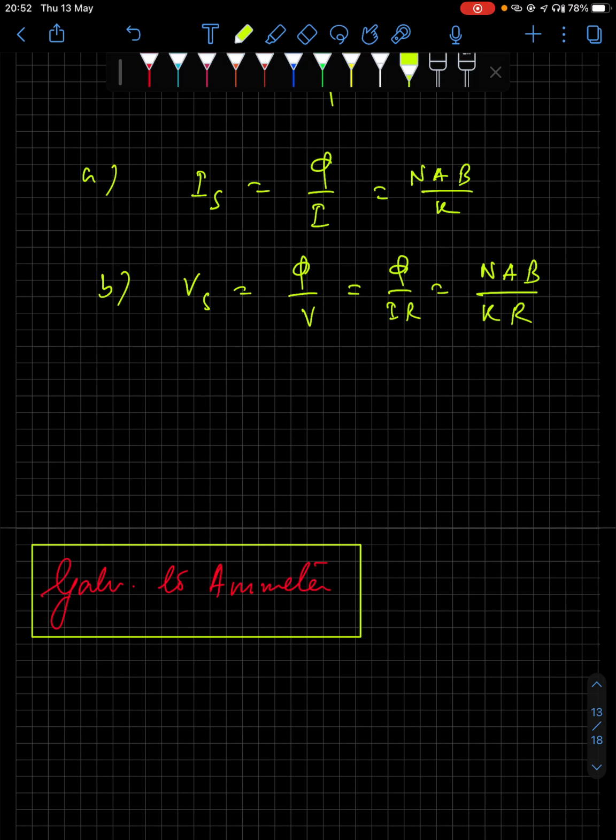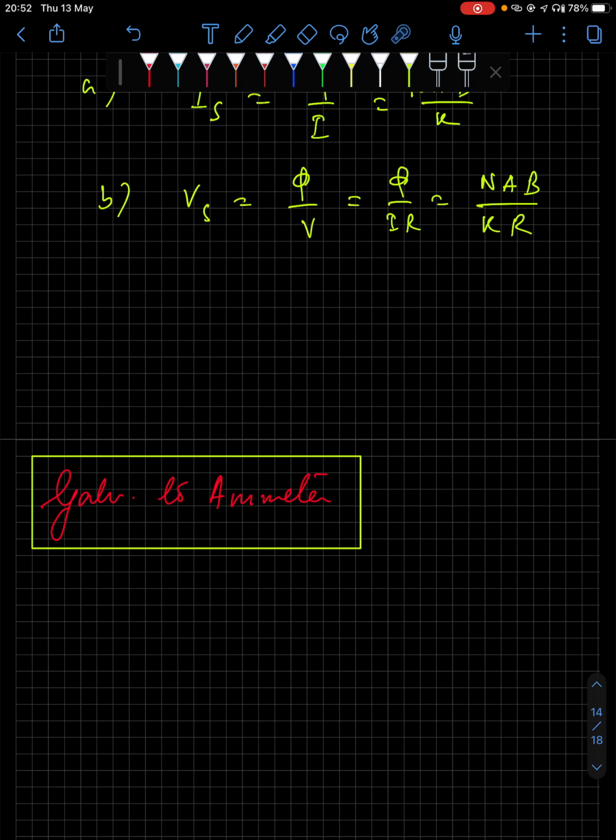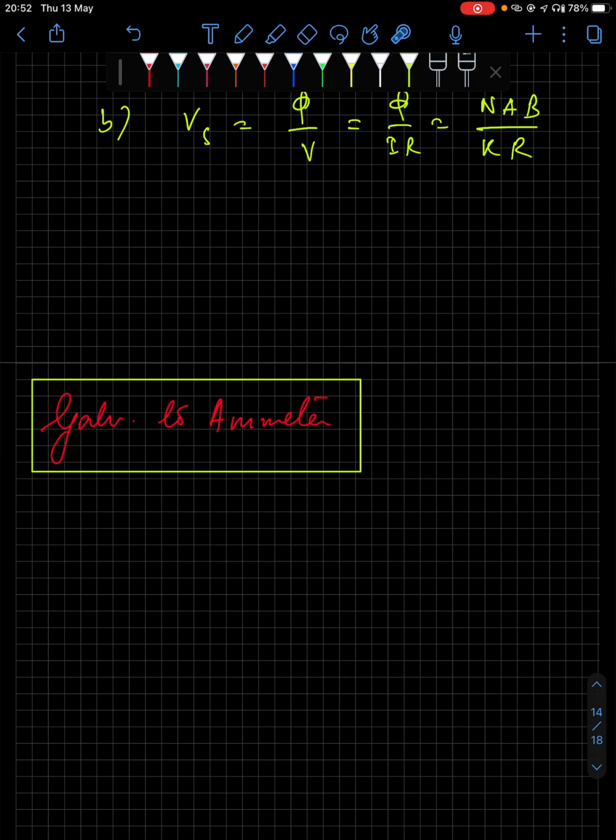Now you know that a galvanometer is used to detect current, an ammeter is used to measure electric current, and a voltmeter is used to measure potential difference. So how do you convert a galvanometer to an ammeter? Since you want to measure electric current, you have to allow the maximum amount of current to pass through the circuit. That means the circuit should have very low resistance.